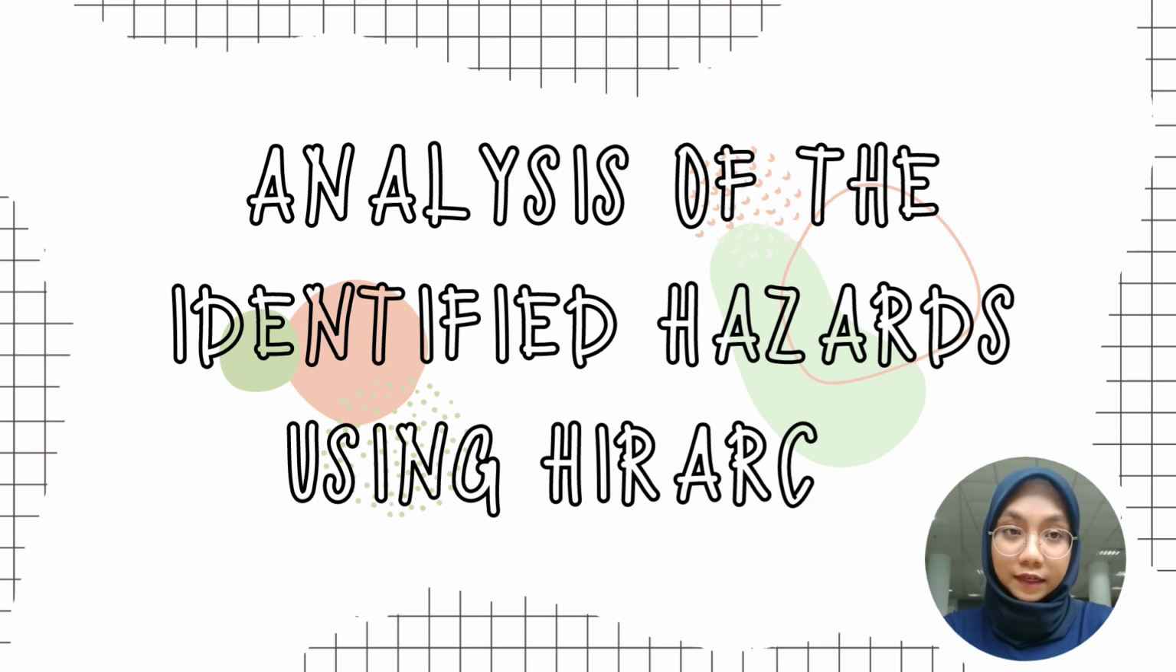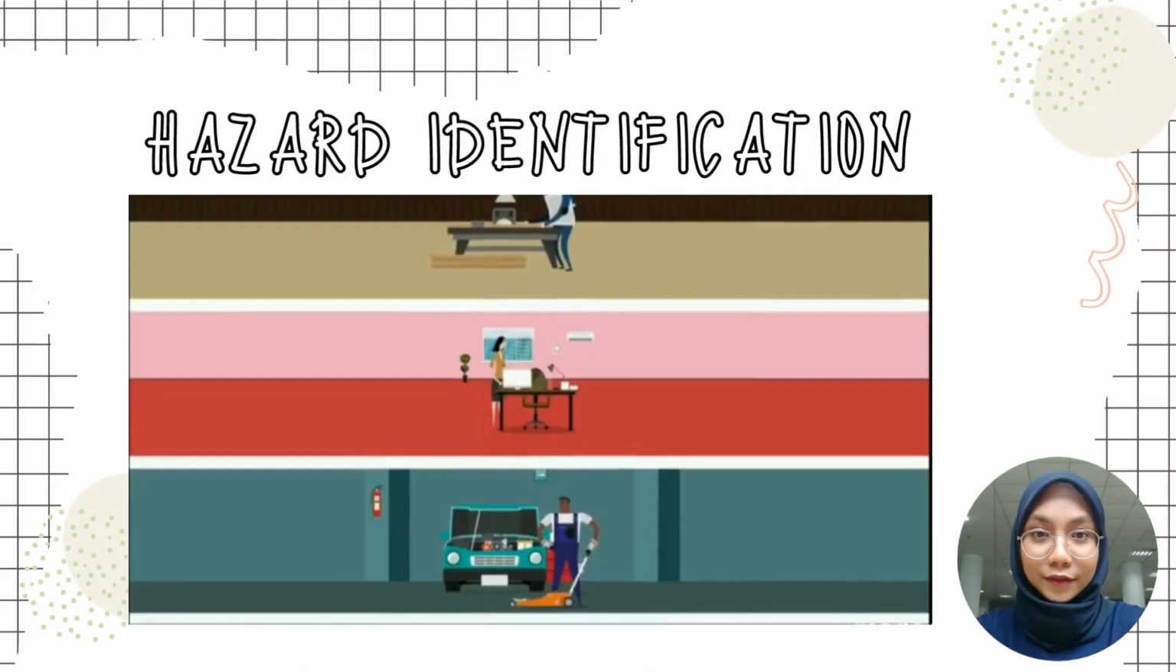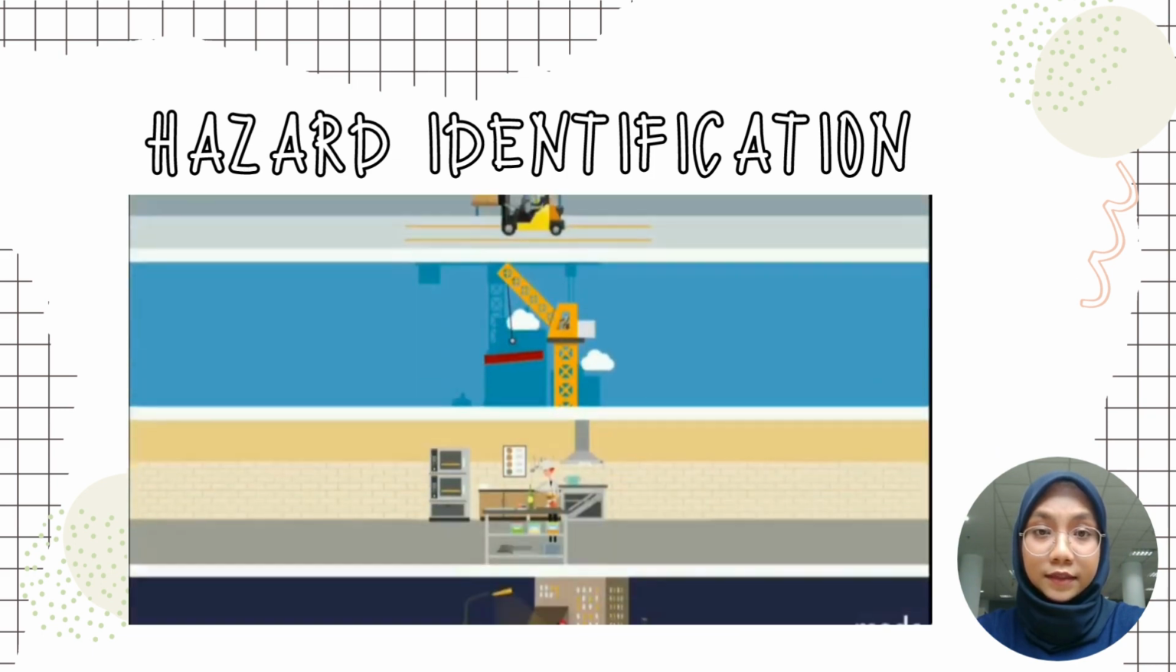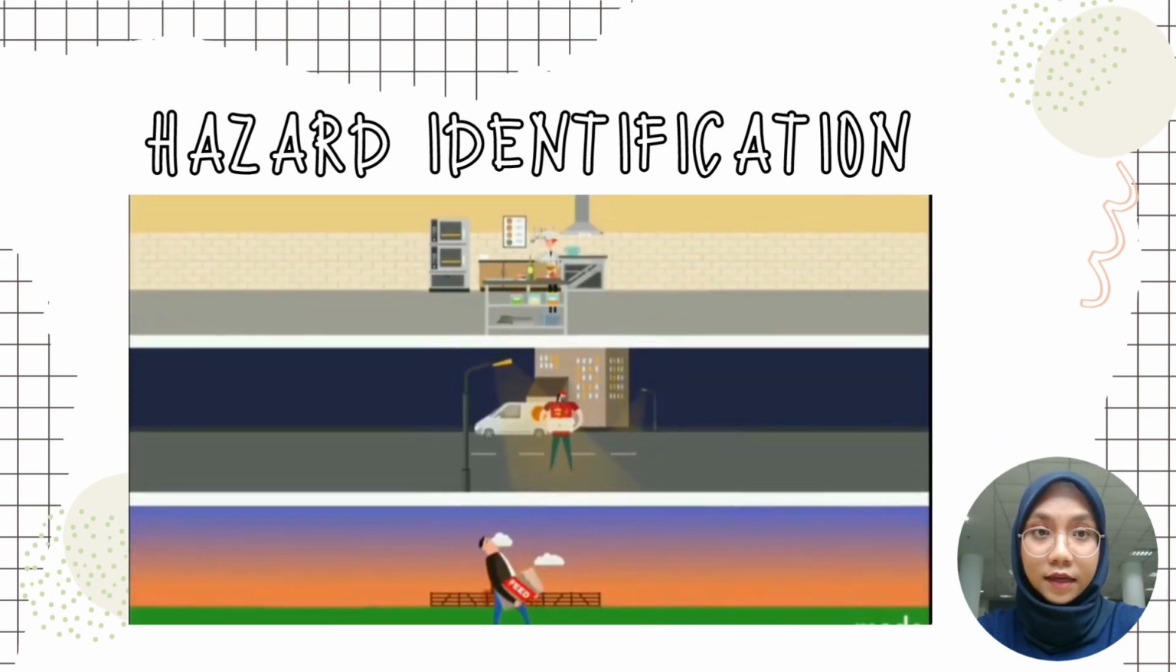A hazard is defined as anything that can cause harm, such as a condition, situation, practice, or activity, including injury, disease, death, environmental damage, property damage, and equipment damage. So for the next slide, I will explain about the hazard identifications such as health hazard, safety hazard,